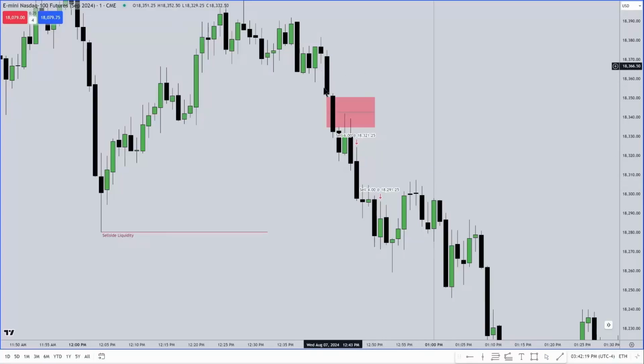So I wanted to see this stay open. I wanted to see it fail to get to that midpoint of the lower one. Because it failed there, okay, wonderful. I'm not worried about it. But go back to what I was saying. If it would have touched the consequent encroachment in this candle, I would have anticipated trading up into the higher part of this. And then my stop loss would have had to be above the midpoint of this consequent encroachment.